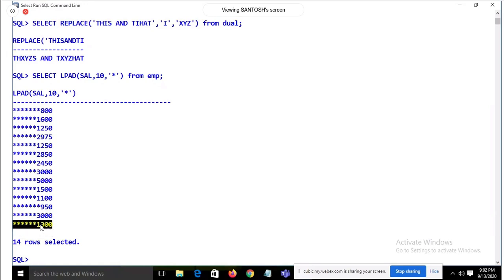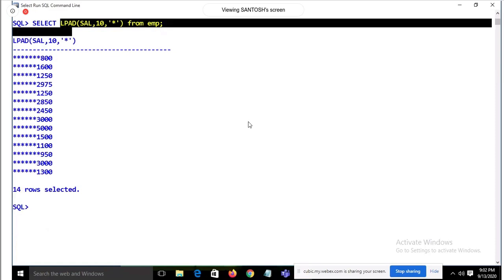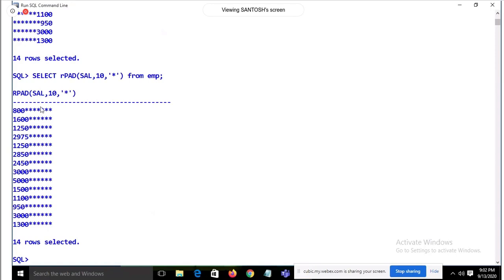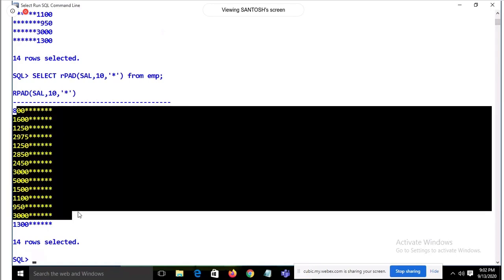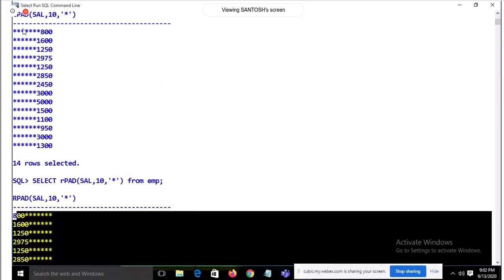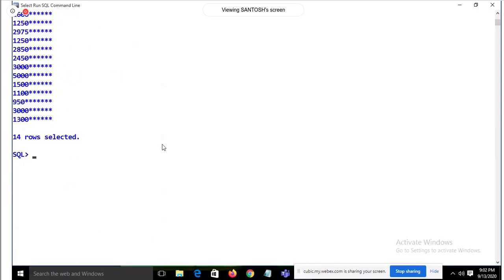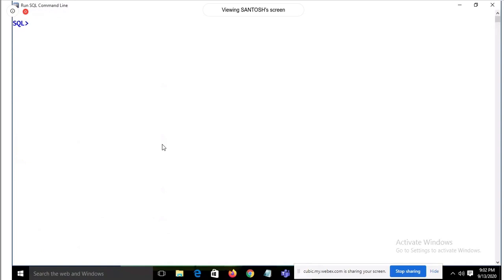Like 1300, the remaining 6 characters are going to be padded by a star. So basically it's LPAD, left padding. And suppose I use RPAD, it's right padding. So this is how we can put the padding character, just to fill the blank space. We can use LPAD and RPAD over there. So these are the string functions.